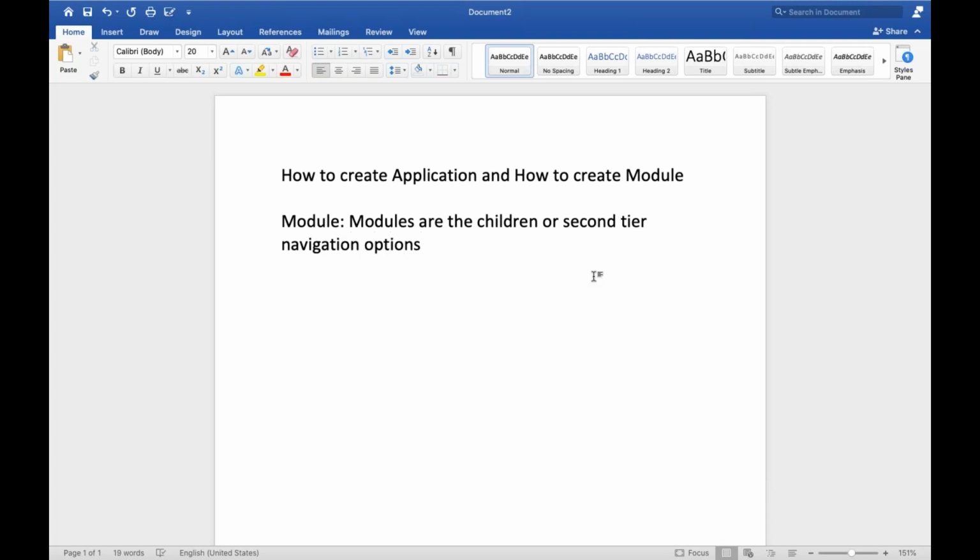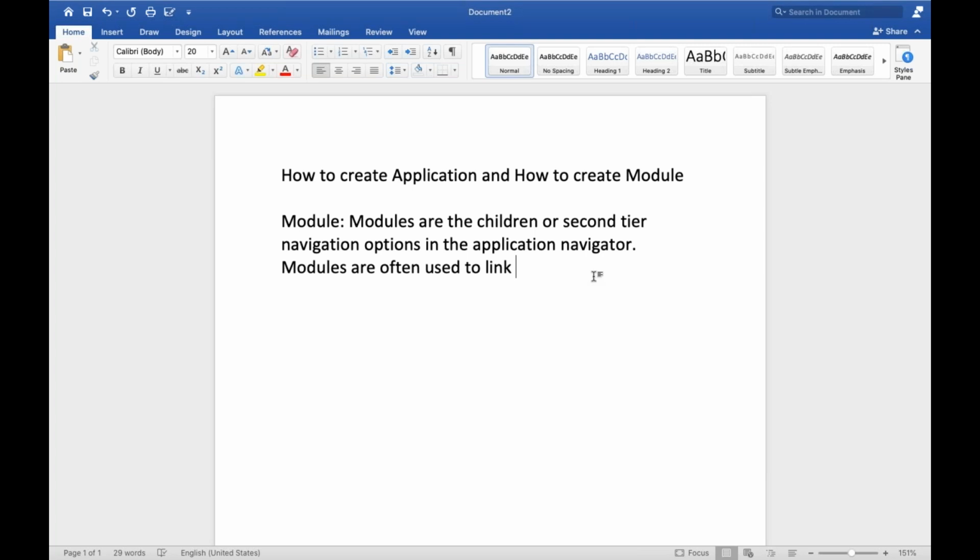Modules are the children, our second tier navigation options, in the application navigator. Modules are often used to link